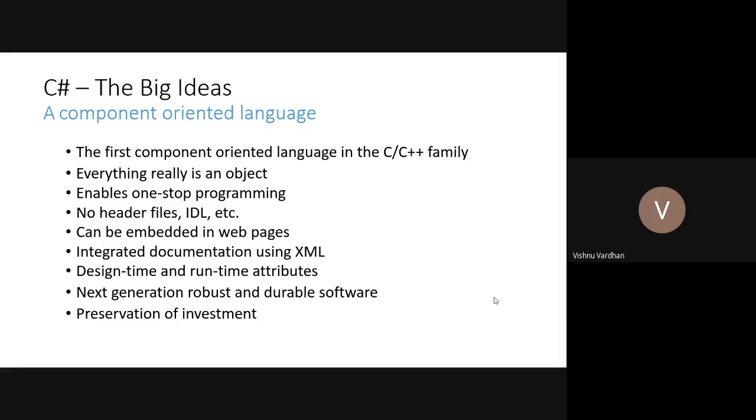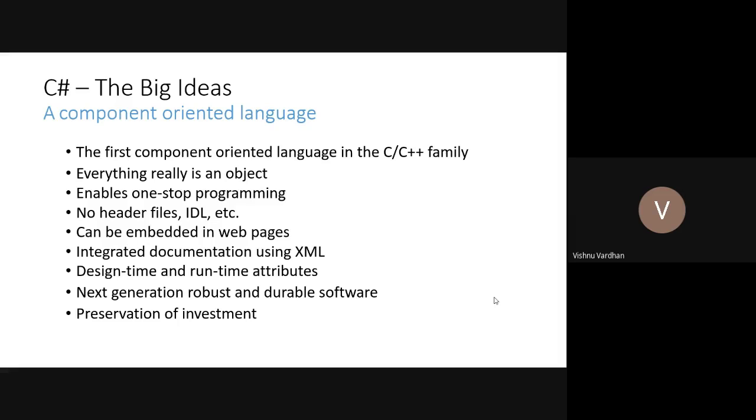Then it enables one-stop programming. If you know one of these languages like C# or VB, mostly we will talk about C# only because it is in our syllabus. So we are going to talk exclusively about C#.